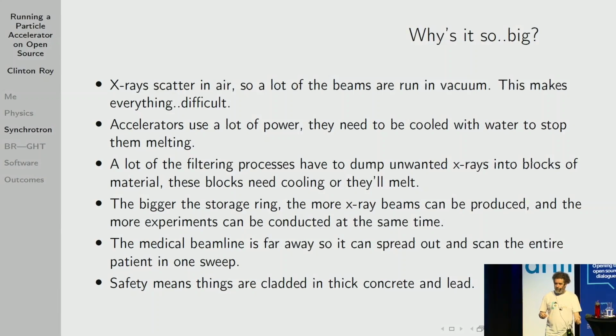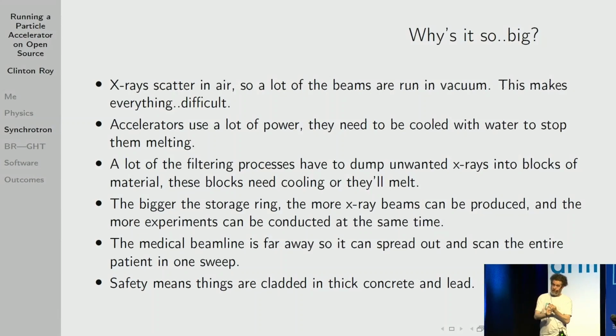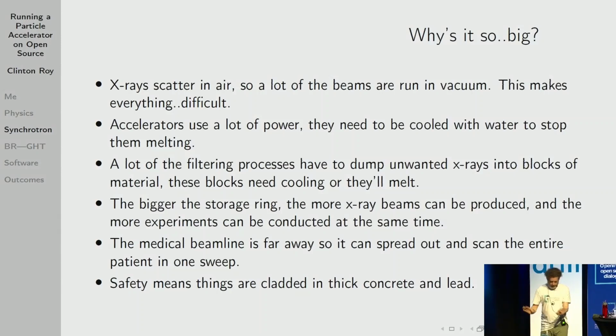X-rays scatter in air. So whenever you've had a medical X-ray, one of the things that will happen is that they will put the detector very close to where the shot's being taken, and they'll put the source right next to it. So they want to limit the amount of air. So if you're seeing any fuzziness in your medical X-rays, it's because their equipment is cheap, but it also means that they're not putting you in a vacuum. So it means that some of the X-rays are scattering. In most cases, you don't want to be in a vacuum, but